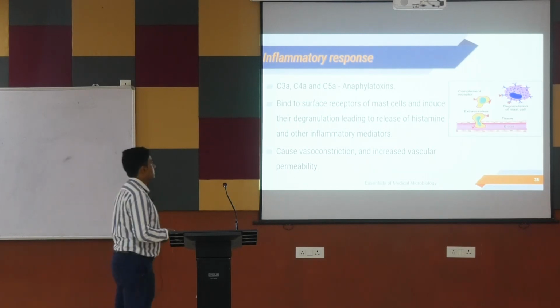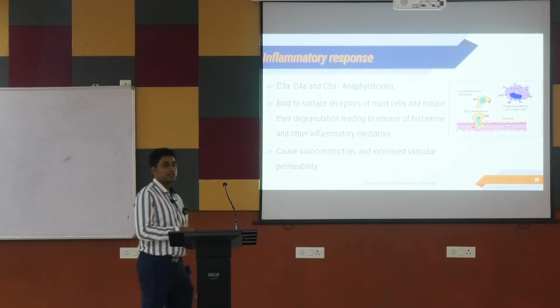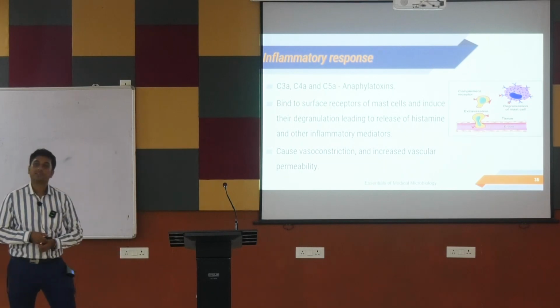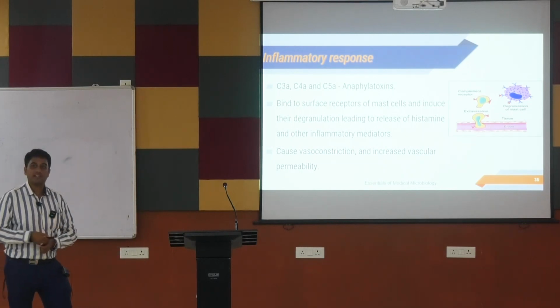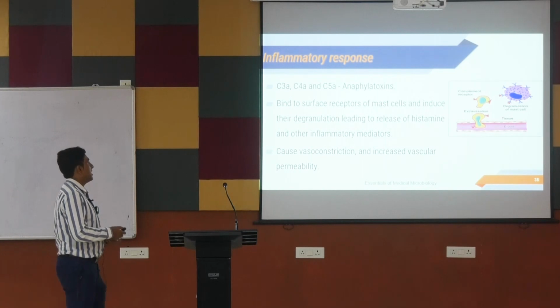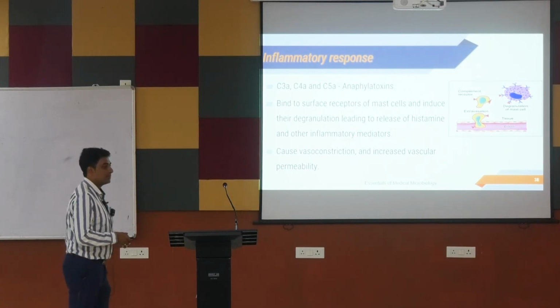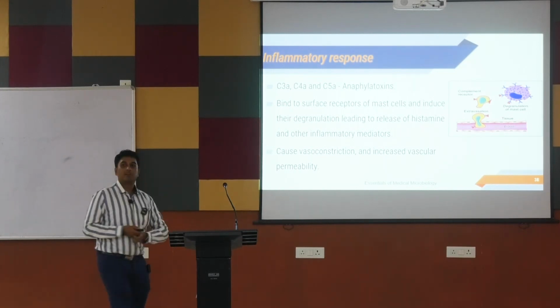দে কজ ভ্যাসোকনস্ট্রিকশন অ্যান্ড ইনক্রিজ ভাস্কুলার পারমিবিলিটি। ইনফ্ল্যামেশন পড়িয়ে পড়ানো হয়েছে তো প্যাথোলজিতে, সে পড়েছিলি এগুলো। ইনফ্ল্যামেটরি মিডিয়েটার্সগুলো ভ্যাসোকনস্ট্রিকশন হচ্ছে, ভাস্কুলার পারমিবিলিটি বেড়ে যাচ্ছে। ডলর, রুবর, ক্যালর,